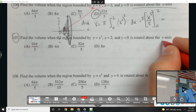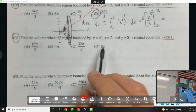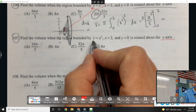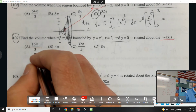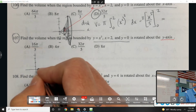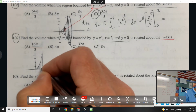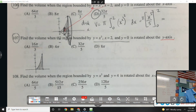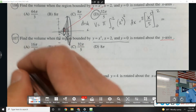107 rotated around the y-axis. So that's the other way. So I already know that's gonna be a little different here. It is the same. Pay attention. It's the same base area. So I can start with the same picture. There's my base. But if I rotate it around the y-axis,